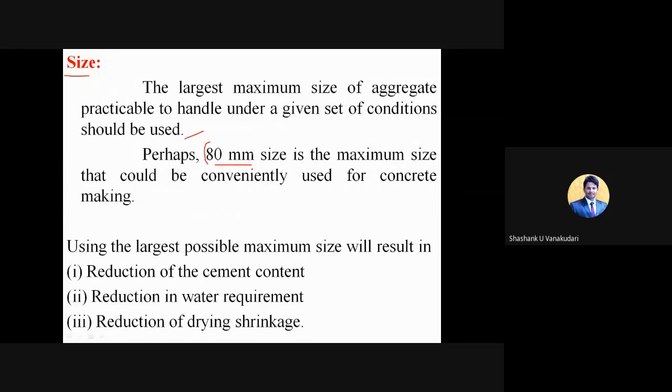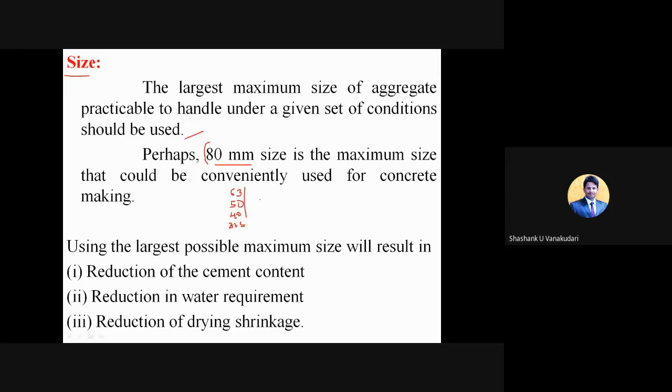So later this 80 mm, gradually we can divide that one as per the requirement. We can use 63 mm coarse aggregate, we can use 50 mm coarse aggregate, like we can use 40 mm. These all are the standard sizes, not random numbers. Again 31.5, 25, 20, 16, 12.5, 10. So like that, they are standard sizes. As per these standard sizes, the designs will get this size. Clear? So as per the applications, we can use different sizes of the aggregates.